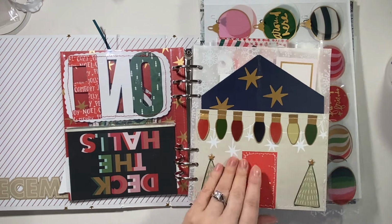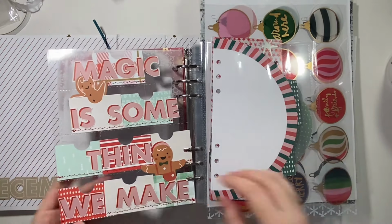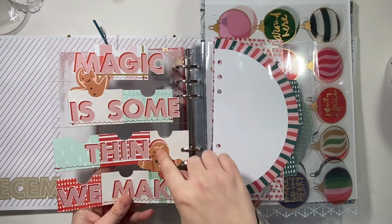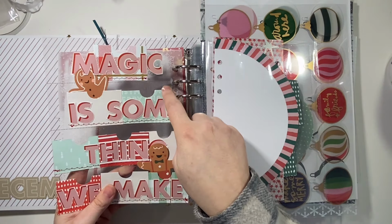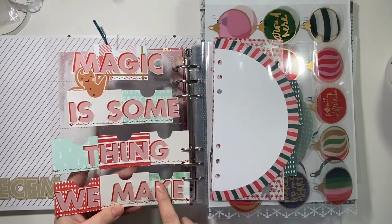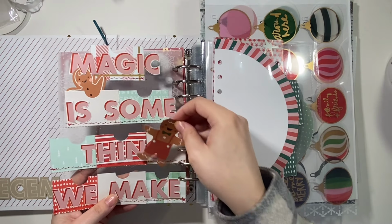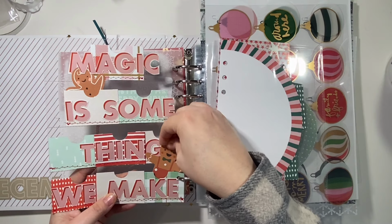And then this is just in the day 3 spot for now, but I don't know if it's going to stay there. We will see. I made these cute little pockets. Each one of these is a little pocket, and this is using some old stash that I had. I fussy cut out the Magic is Something We Make page, and then I have these little gingerbread, and I thought they were so cute, and I do think I'm gonna force this one in kind of like this